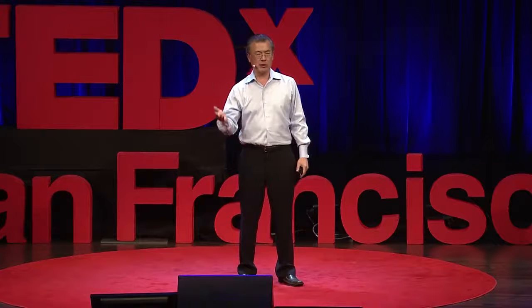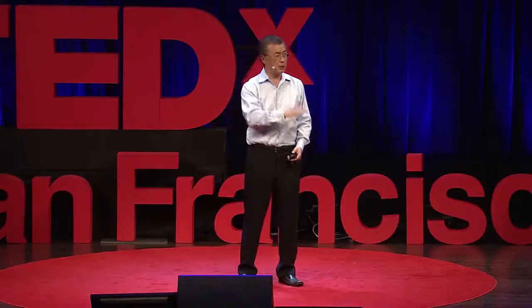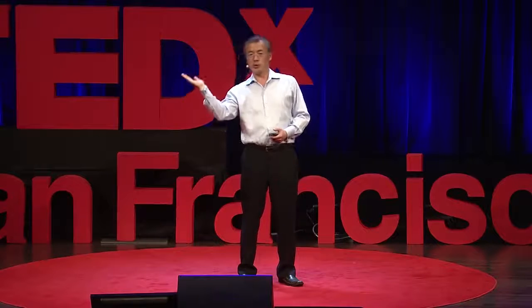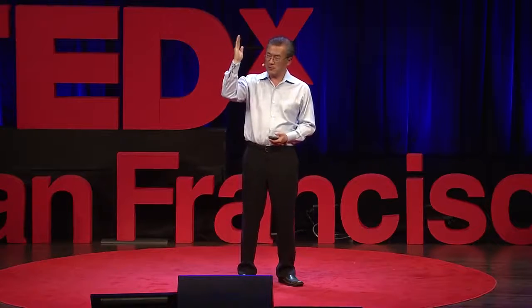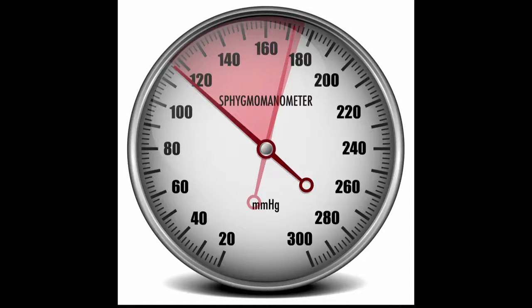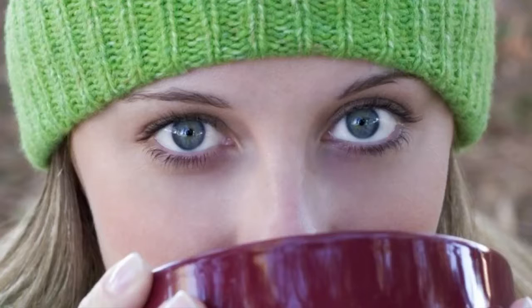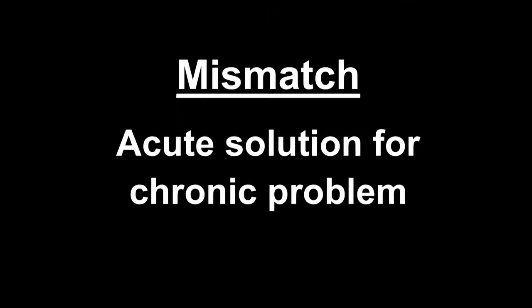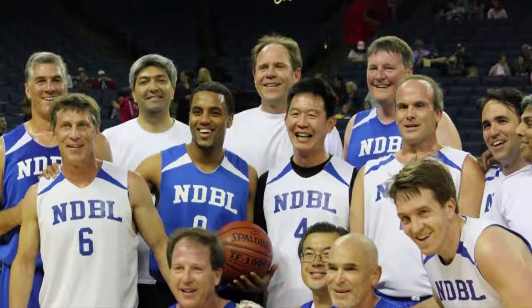The way we treat hypertension right now is we give you a blood pressure lowering medicine. Your blood pressure is too high, you try to prop up the weeble with the drug, and what happens if you prop something up? It causes system atrophy. Your body actually gets worse, and you need more and more drug. This is like the coffee model. It's a great pick-me-up, but the more you drink, the more tired your baseline. So you can't solve chronic problems with these acute therapies. That's what we've been doing for the last 100 years.